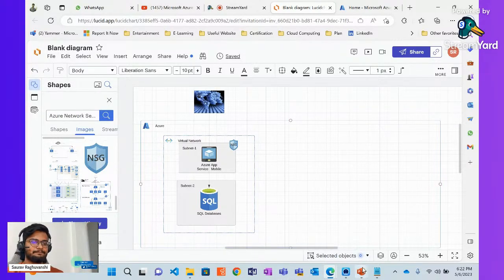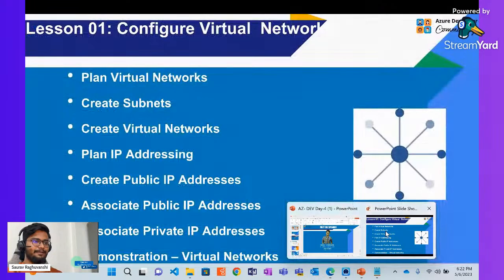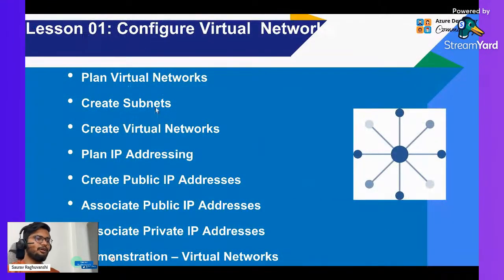Okay, so let's come back to the PPT. We talked about virtual network, we talked about subnets. We will see how to create a virtual network in Azure later. And that's where you plan IP addresses, right? What I said, when you create a virtual network, it will ask what IP range you want, something like